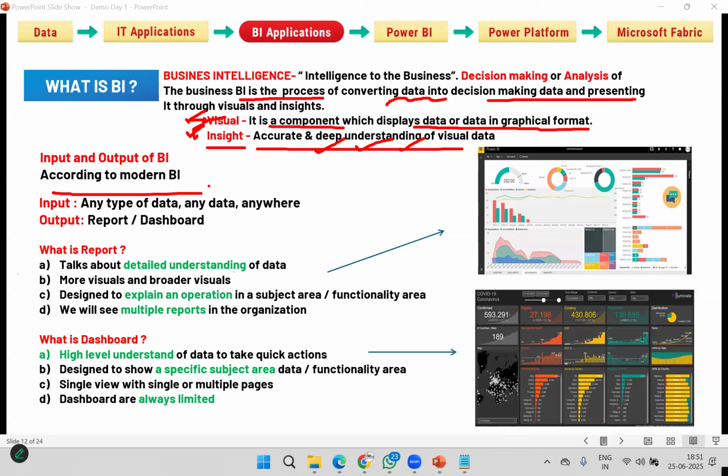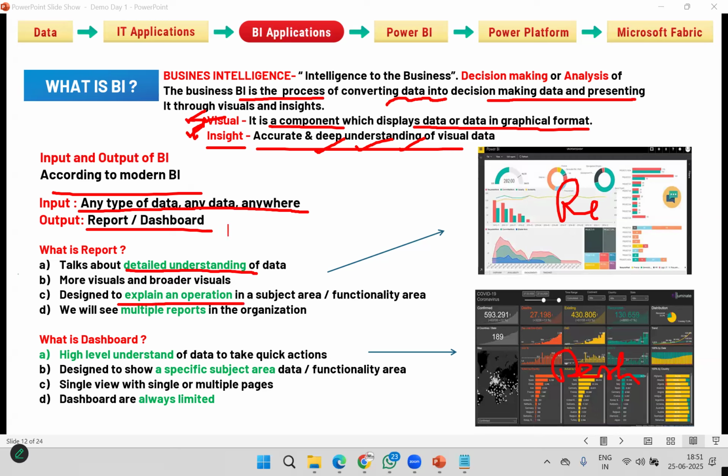Simply, in any BI, I'm not talking about Power BI, the input is data and the output is a report or dashboard. So this is one example of a report and this is one example of a dashboard. How do you differentiate? A report is always detailed data for an individual operation.